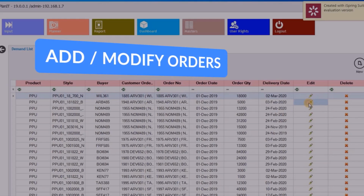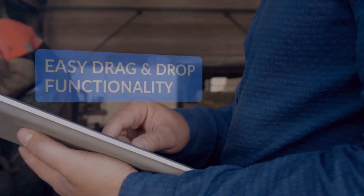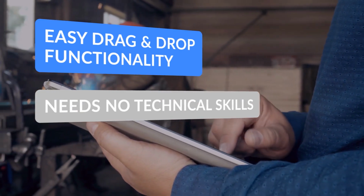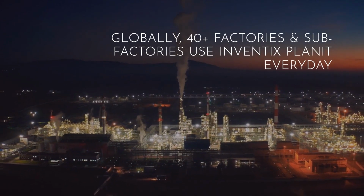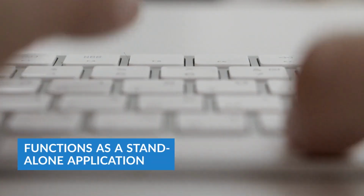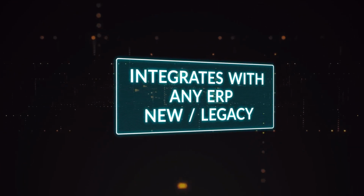Using Inventix Planet, planners can easily add or modify orders and evaluate outcomes in real time. This single interface planning board comes with simple drag-and-drop functionality, making it easy to use without any technical skills. Possibly one of the many reasons why more than 40 factories and sub-factories across the globe use Inventix Planet every day. As a dual-efficient software, Inventix Planet can function as a standalone application or can be integrated with any ERP,